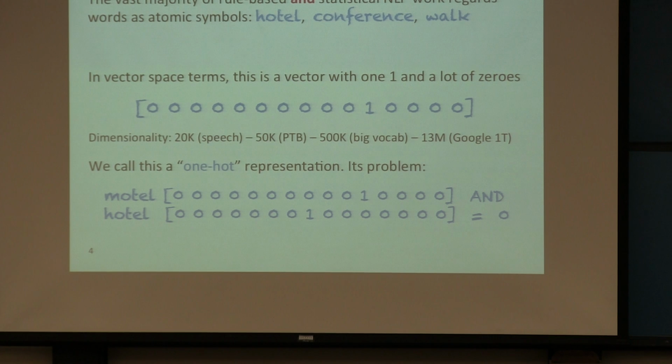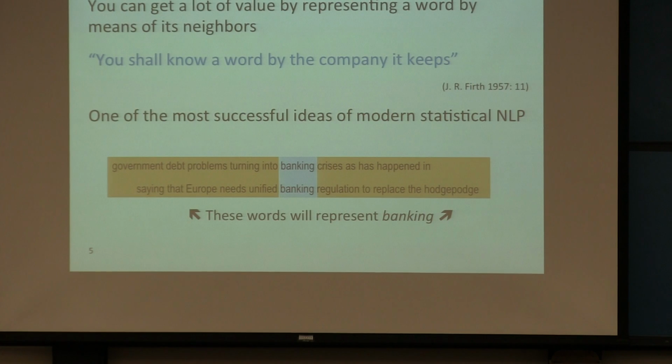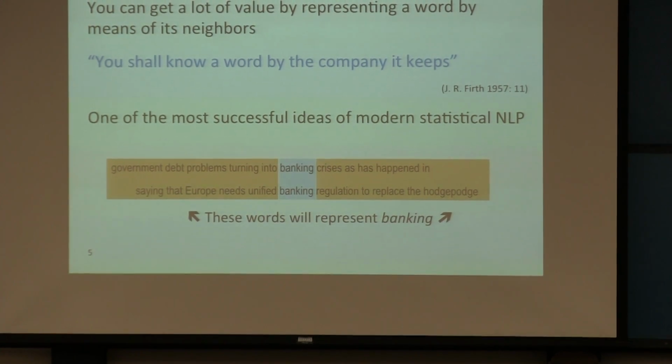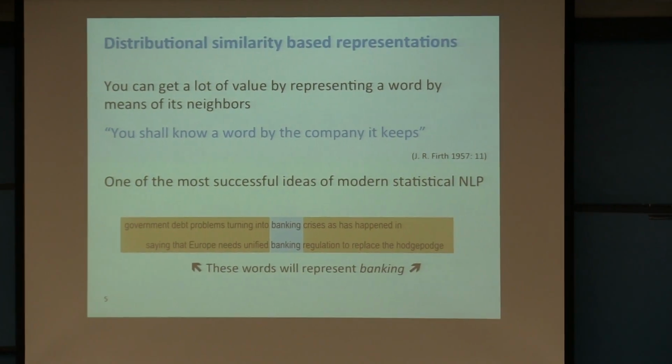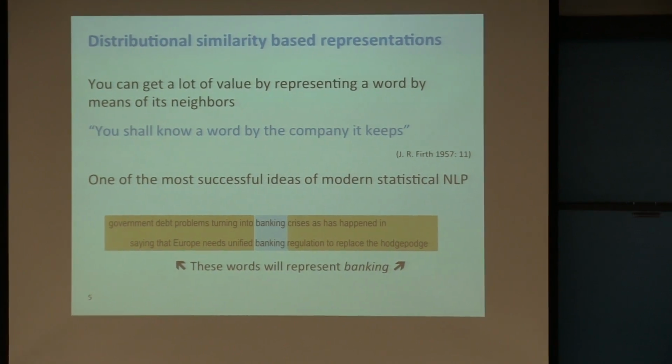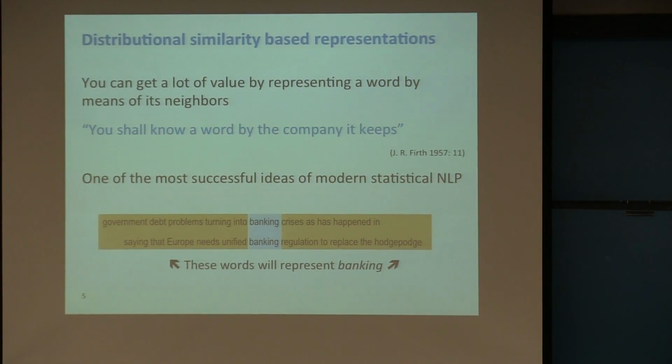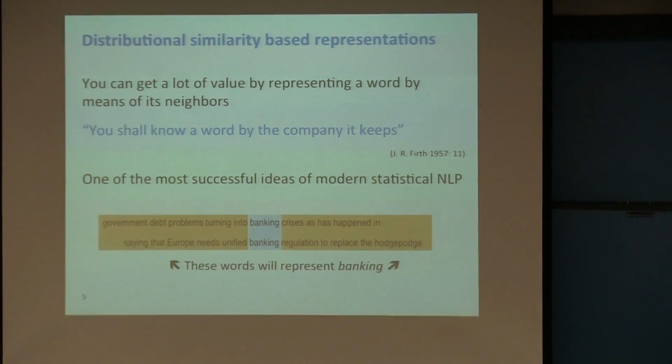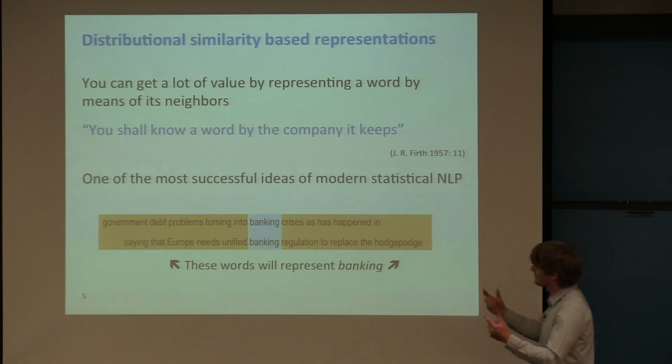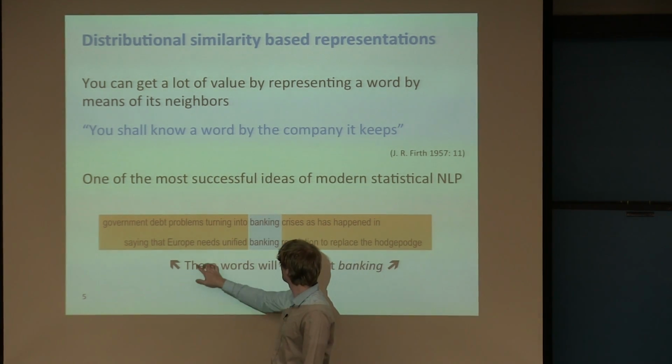And of course, that's not ideal, because we have some notion that motel and hotel are actually quite similar kinds of things. So the main idea of today's lecture and of almost all word vector kinds of representation is to instead use the neighbors of a word to represent that word. Or according to Firth, you shall know a word by the company it keeps. And this is really one of the most successful ideas of modern statistical natural language processing, and it does permeate into deep learning. So instead of saying banking is just this discrete thing, we're going to try to represent banking